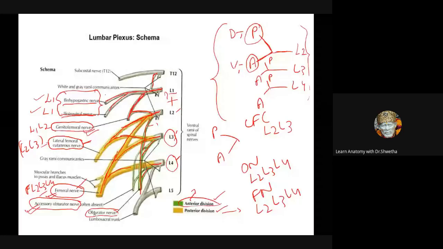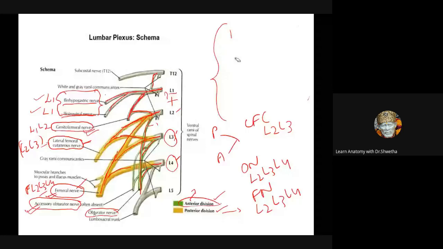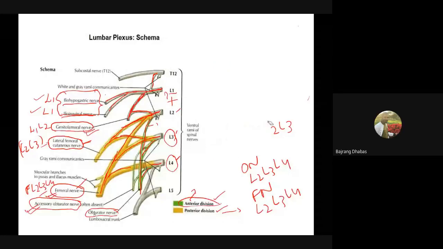Okay. So accessory obturator nerve, tell me the root value, students. The accessory obturator nerve's root value. The anterior divisions of L3 and L4. Very good, very good. Okay, so that was about the lumbar plexus. If you're done with this, everything becomes like drinking water, students. It's very easy, right? Did you all understand this, students? Yes, ma'am. You all understand?